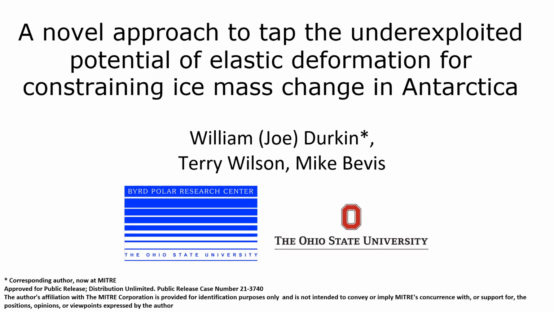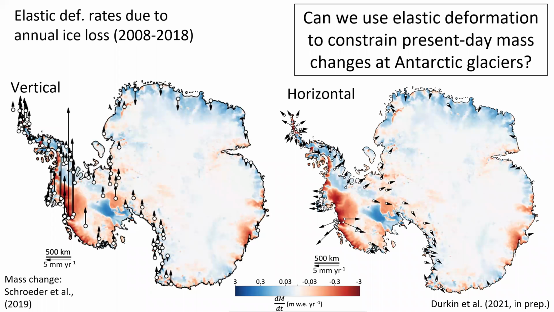My name is Joe Durkin, and today I'm going to talk about a new approach that will enable us to make use of elastic deformation observations at GNSS stations in Antarctica to ultimately put constraints on specific regions of mass loss on the continent. So this map shows the average rate of ice loss in Antarctica during the last decade. Each year, it lost about 120 billion tons of ice, and this drives the elastic deformation response of the continent with rates of up to about 2 centimeters per year in the vertical and about half a centimeter per year